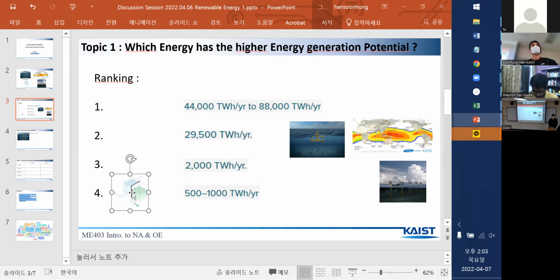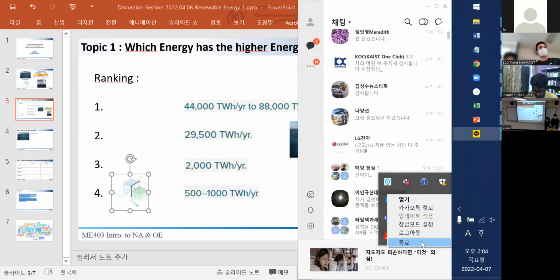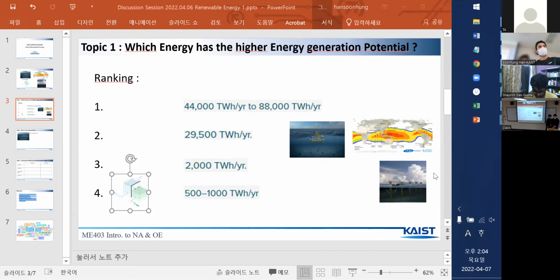Yes, I also agree because if it's salinity, then it has to be some kind of osmotic pressure or something, but it's not going to be very large, I think, and it's still in the development stage in many research centers, so it should be small. And maybe since we learned about how wind is effective, maybe wind power is the largest. After that, tidal, wave. Tidal, yeah.